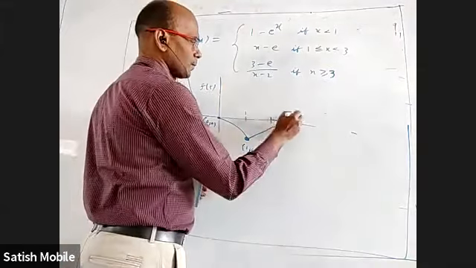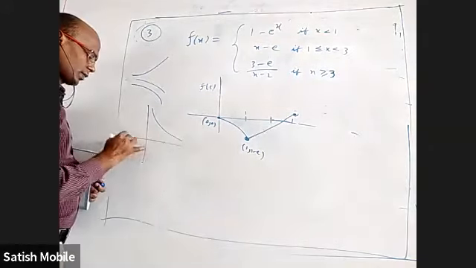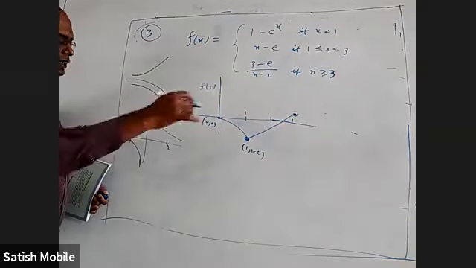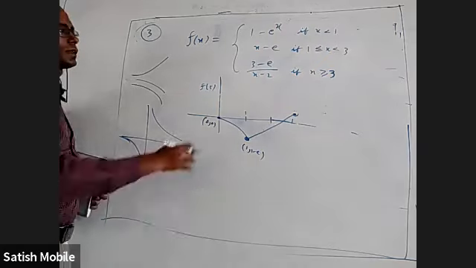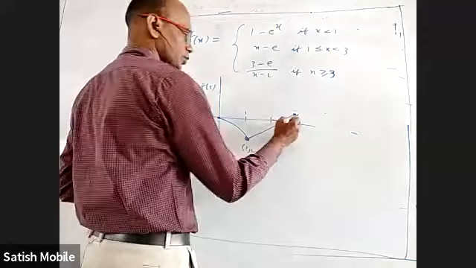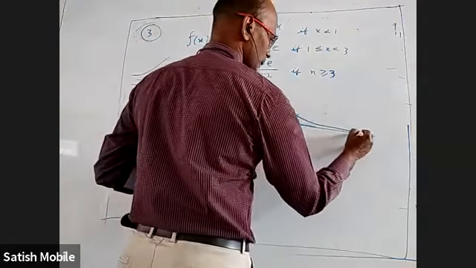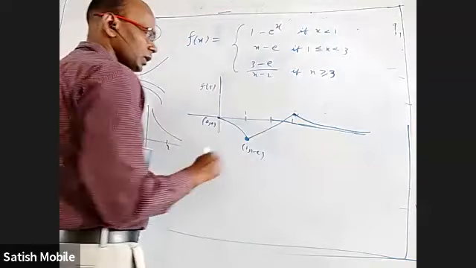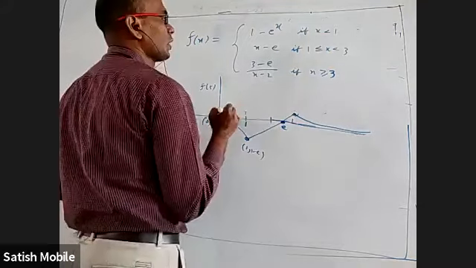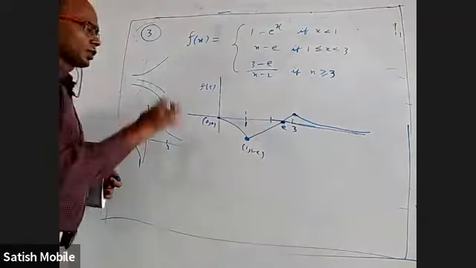Okay. What about this? We all know the 1 by x graph. It will be like this. 1 by x minus 2 means shift towards the right. But after 2, it is positive but decreasing. This is also after 2 only. Some decreasing function, and at infinity it will be 0. So it starts here and comes like this. Let me know what this point is. That is E. This is E, this is 1, and this is 3.